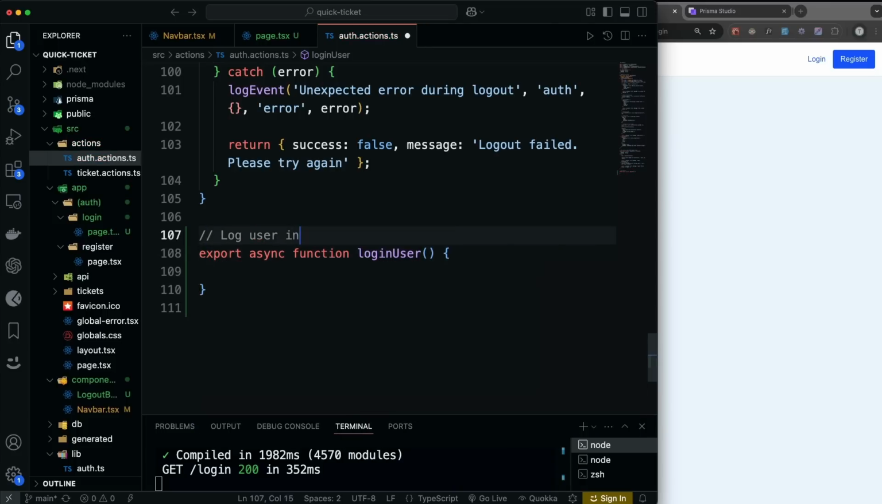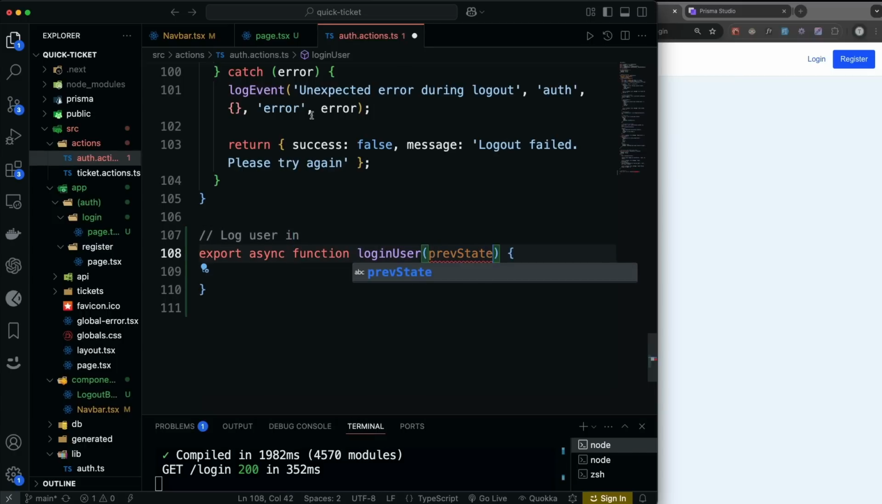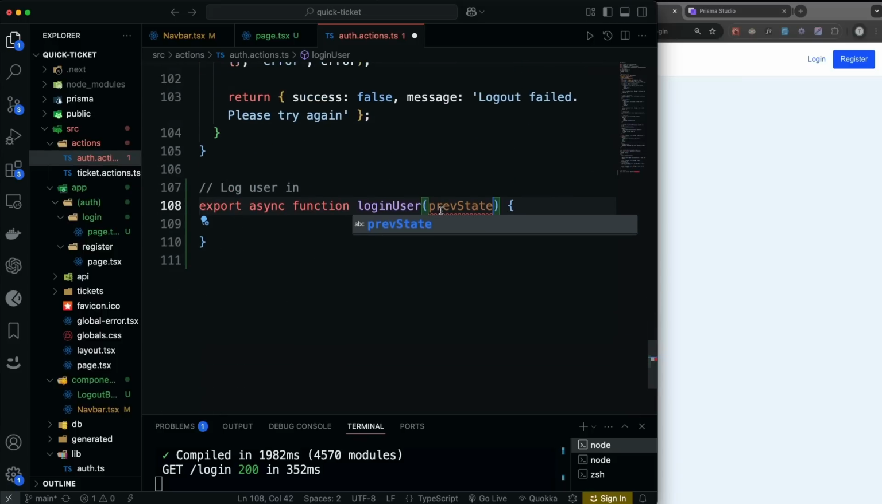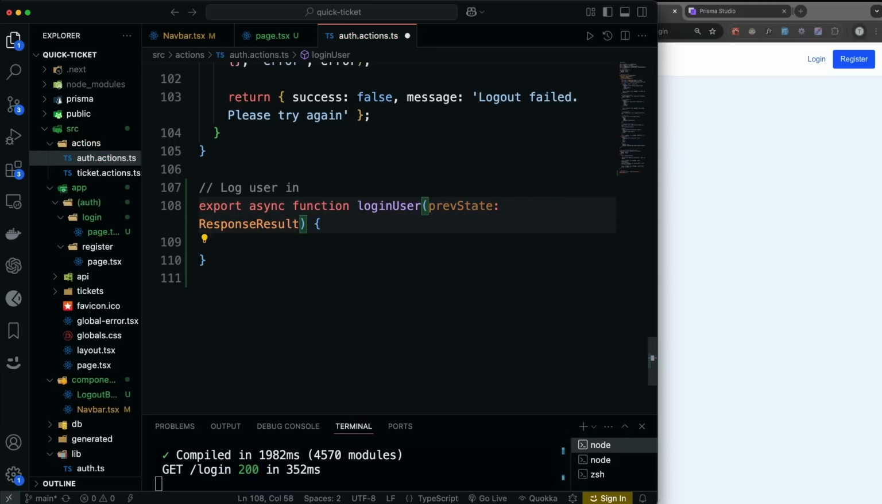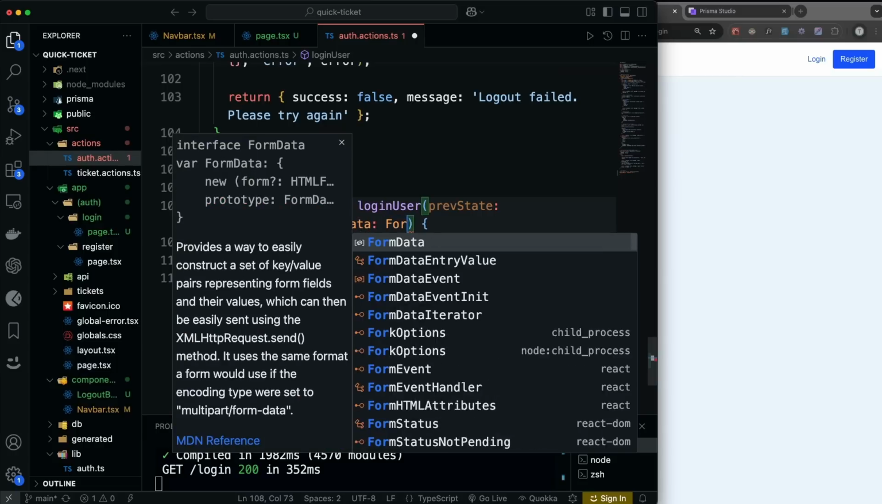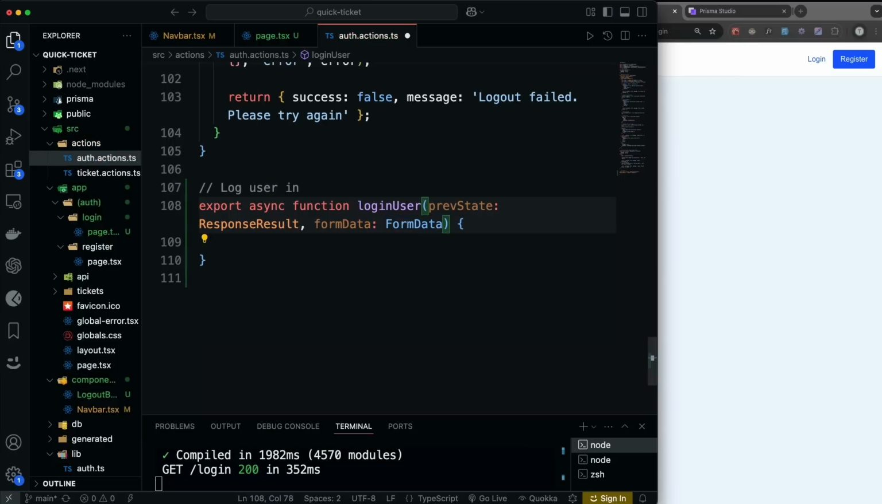Okay, now this is going to take in the previous state. Notice on the logout, we didn't pass in prev state and form data because we didn't need it, right? When there's no form data, there's no fields that they're filling out, they just click the button. But here, login user, we're taking in data, so we need the prev state. And I'm going to set that to our response result that we did earlier. And then form data will be set to uppercase F FormData. And then what this will return is going to be a promise with the response